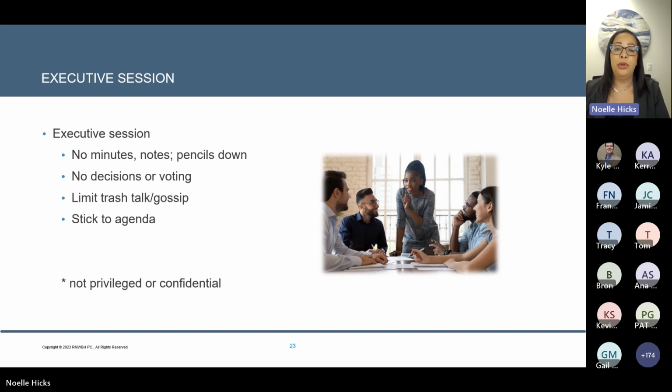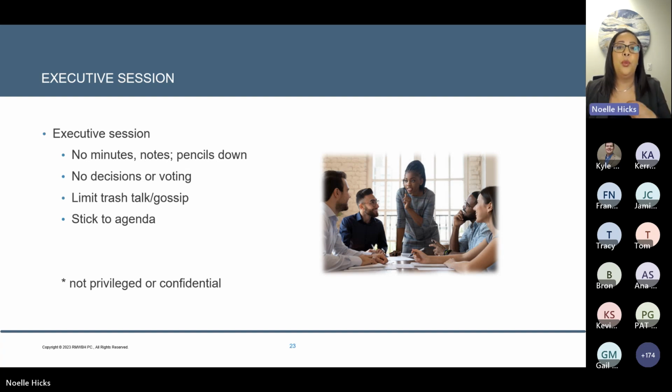Really, you want to just put your pencils down and have the discussion, pay attention to what's going on during the executive session, and just talk out whatever the issue might be. You don't necessarily have any decisions to be made or any voting that happens during the executive session. The executive session is meant for discussion, but a private, confidential discussion that doesn't happen in front of the entire